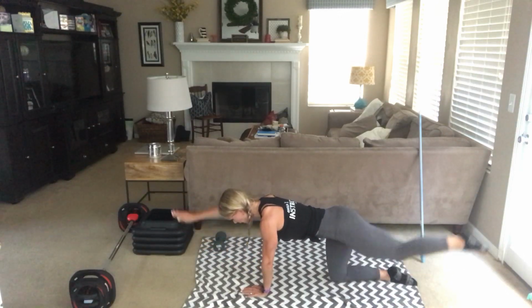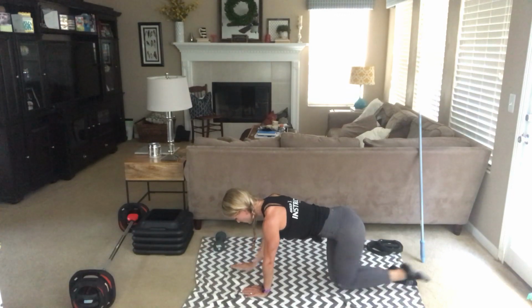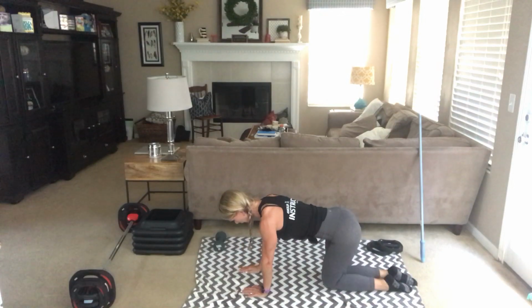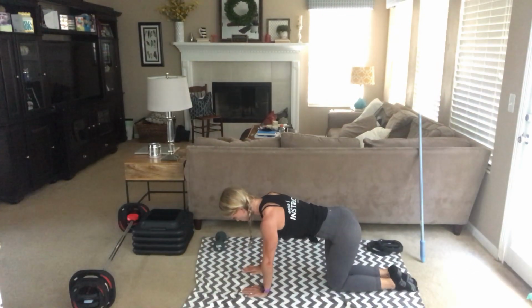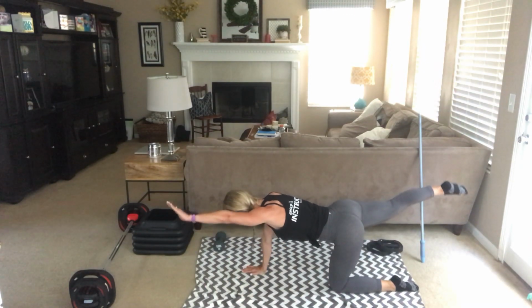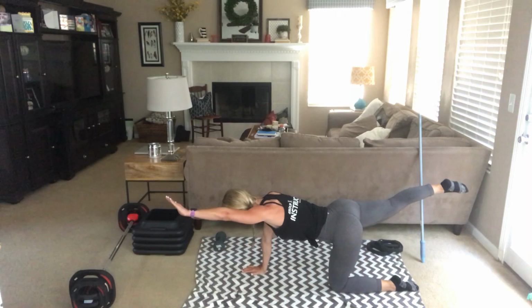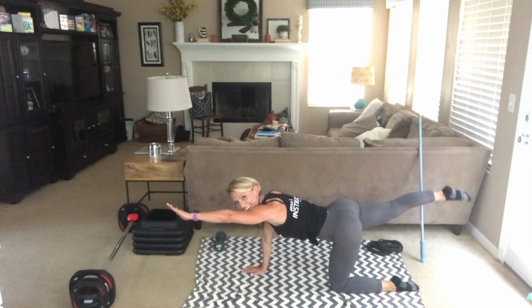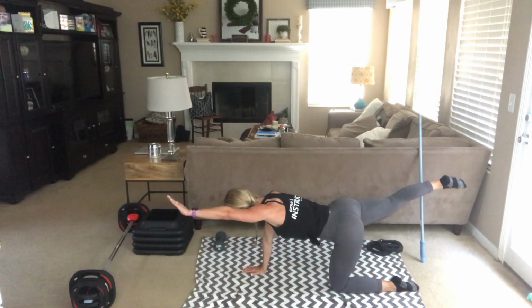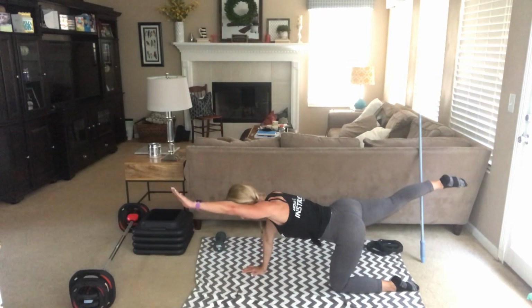So we want to avoid having any arch in that lower back. We want to focus on pulling the belly in and then squeezing those glutes as you lengthen the leg. Let's do 2 more on this side. Last one, and switch. Reach out, reset. Reach out, reset. How are we doing? I'm sure your bodies are moving along beautifully today. Keep your abs in, doing wonderful. Let's do 1 more,